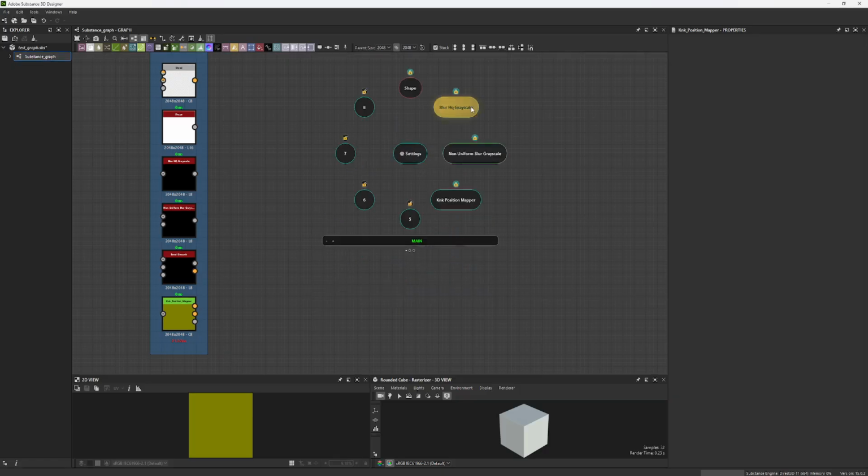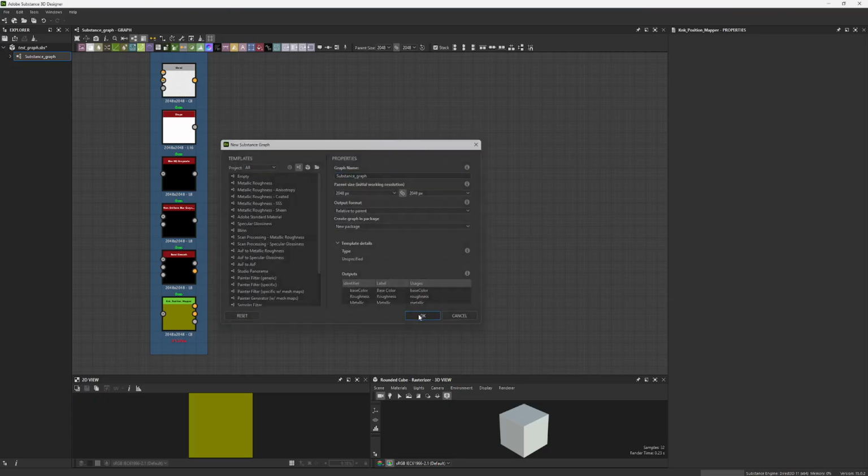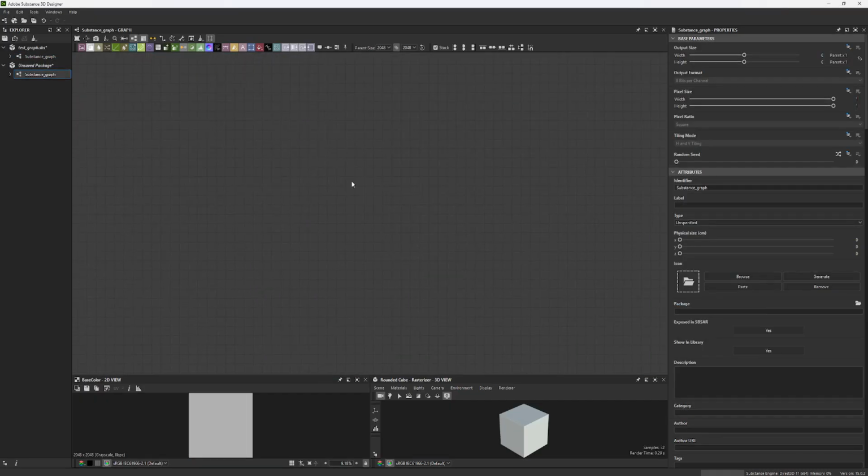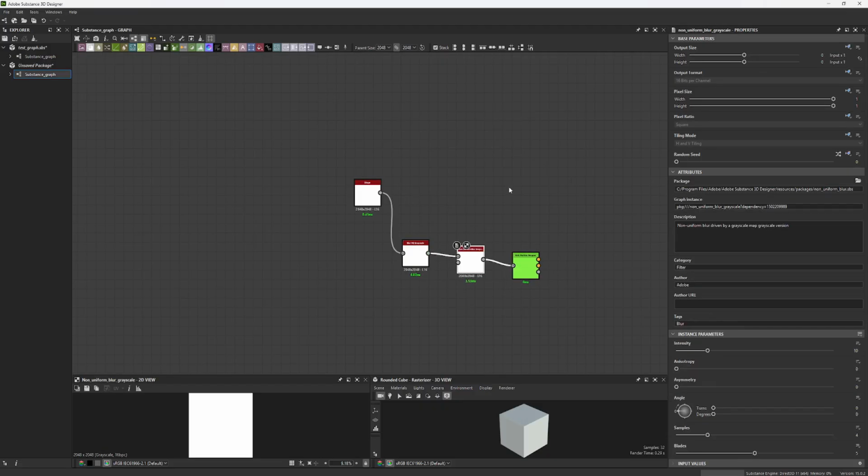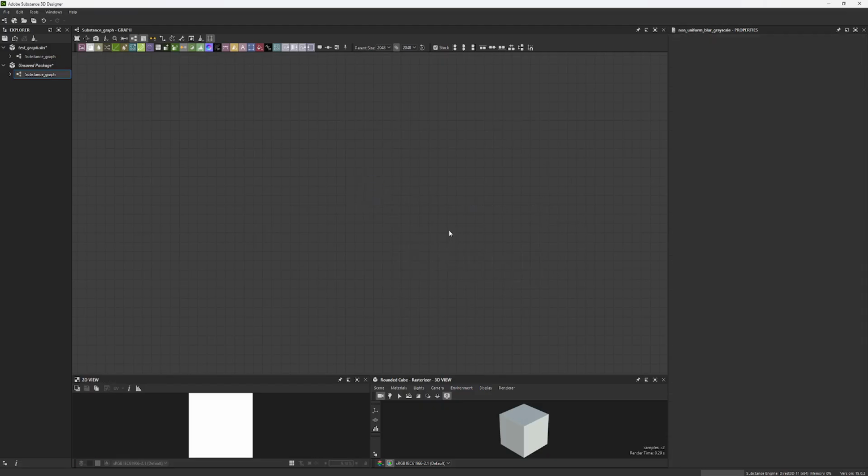The wheel will keep your configuration for all the project. You can close Designer or create a new graph, and it will keep the configuration, and you can easily start by creating the new one in your project. So yeah,